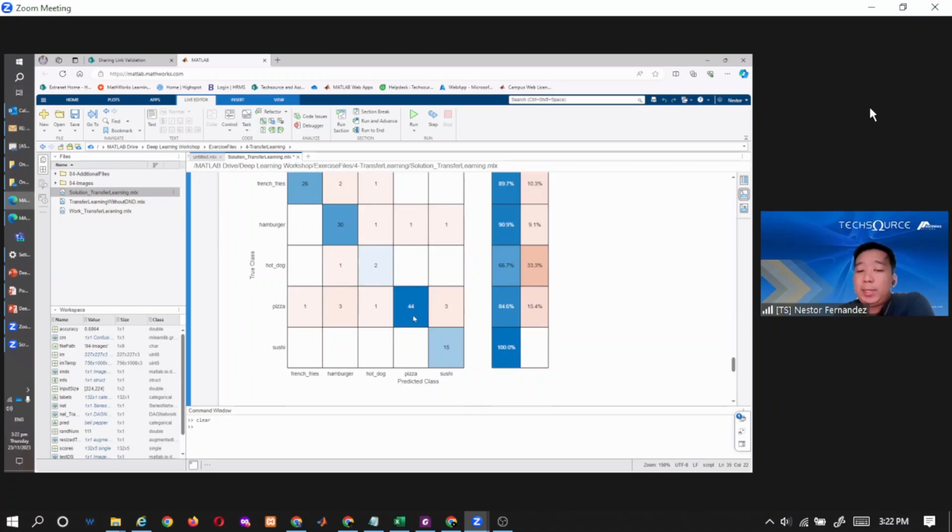You'll see that pizza is also being predicted to be almost all types of them. You might want to look at why it's deciding that sushi and pizza are very similar to each other. Maybe your data set has a few overlaps, or maybe your data set has a few color corrections that need to be done,